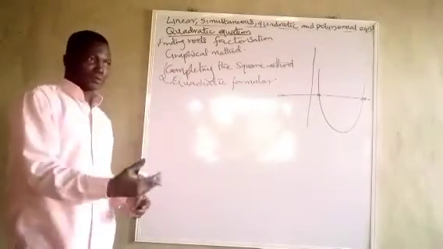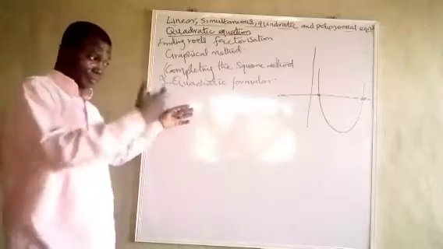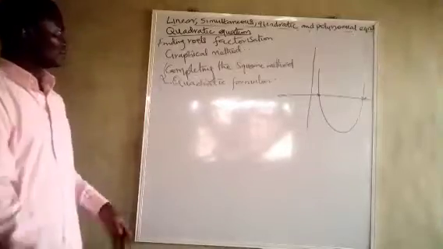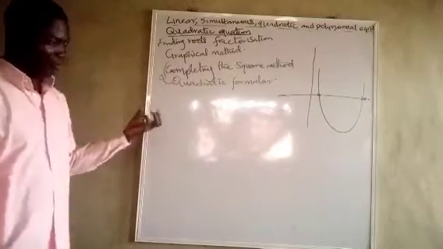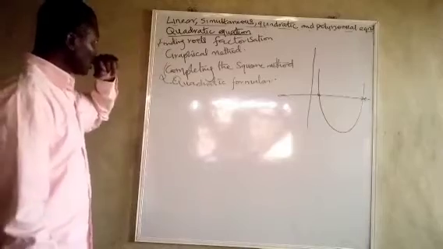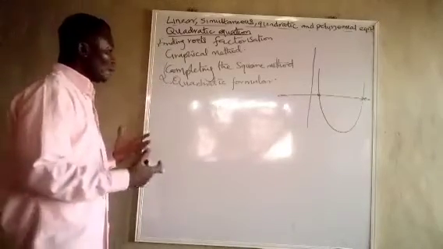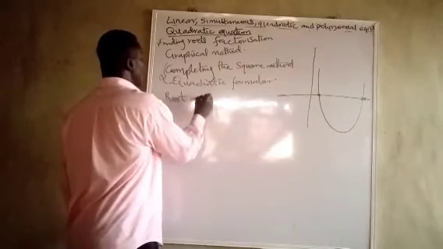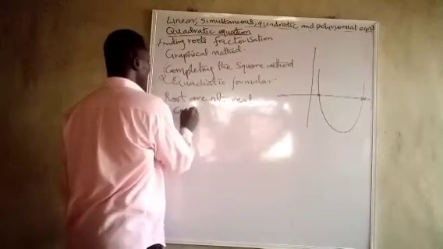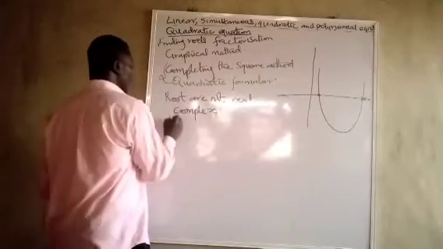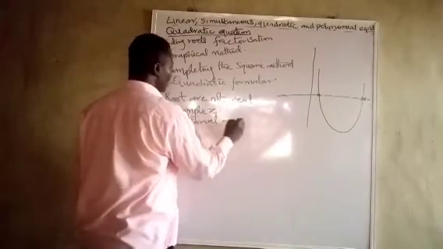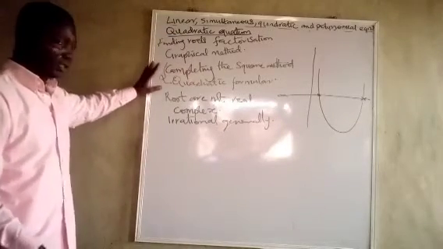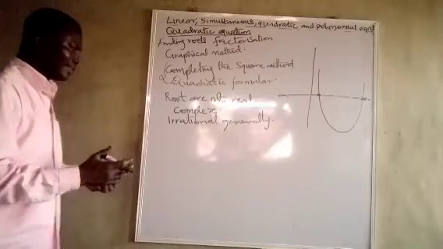Just like you derive the sine rule from Pythagoras theorem, and from Pythagoras and trigonometric ratios, the cosine rule. The same way, these ones are extracted and used in solving quadratic equations. This helps us mainly when our roots are not real. When the roots are not real, complex, or irrational numbers, generally. So it really helps us. And when I show you this completing the square method, you will realize that the most important